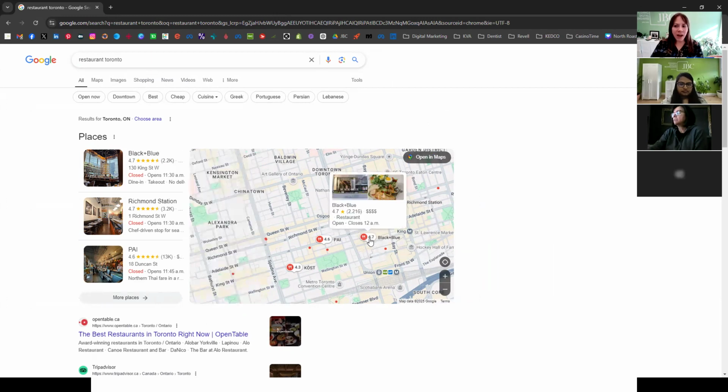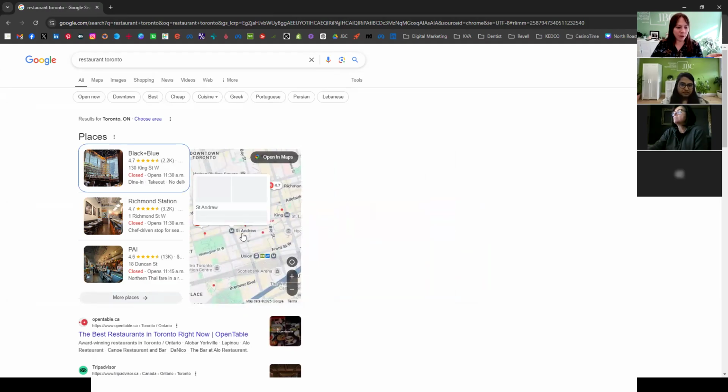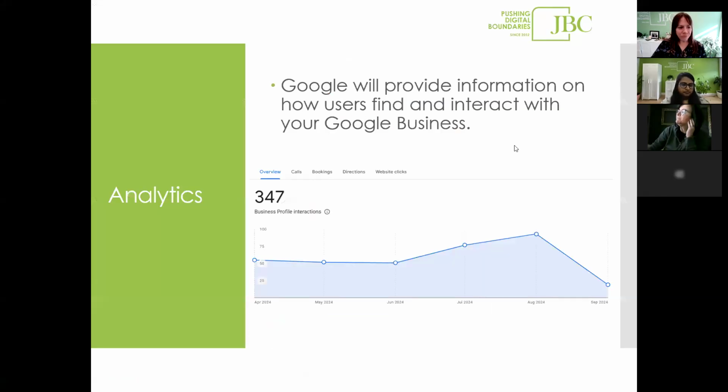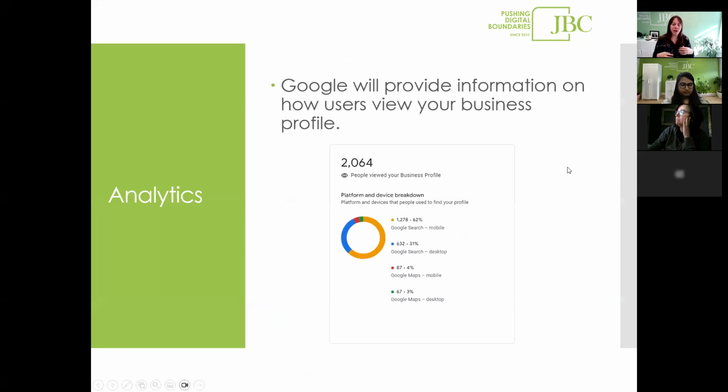Depending on the action I take in here, so now I've clicked on it, any tappable action is going to be tracked so that you can see what I'm doing. Maybe I visit the website, maybe I tap to reserve a table, maybe I need driving directions. It's tracking all of that information. And that's generally what this will show you here.